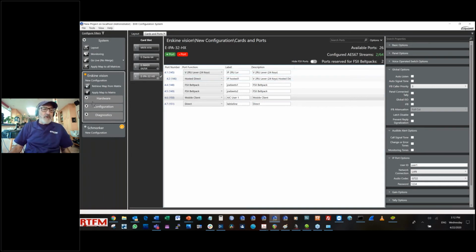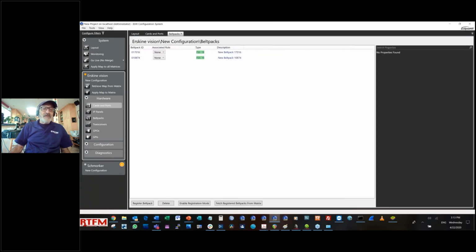Okay, let's talk a little bit more about some other things in my hardware area. Belt packs. When I register a belt pack, which I've done here, I can do over the air, or I can register a belt pack with a cable. Another thing that's very important and why I'm really encouraging you to get this software is, you can upgrade your FreeSpeak belt packs over the air from your base station. But if you wanted to upgrade them when you didn't have connectivity to a transceiver or you're working in your hotel room, you can use this tool here in EHX